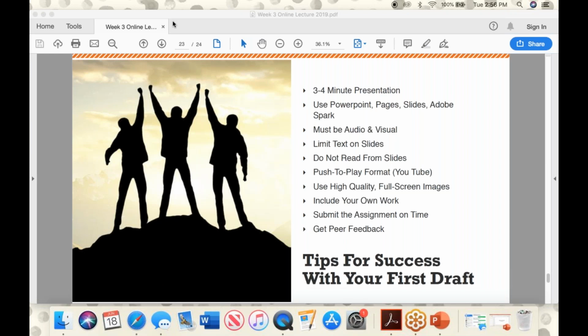So I don't want your presentations to just be 3 to 4 minutes of gameplay as your visuals, and then you just narrating over that. We need to have some still images in there too to add variation. And it shows us that you have the skills to create a visual presentation, okay? That's what we're going to be gauging your success on, and that's what we're gauging your grade on as well,